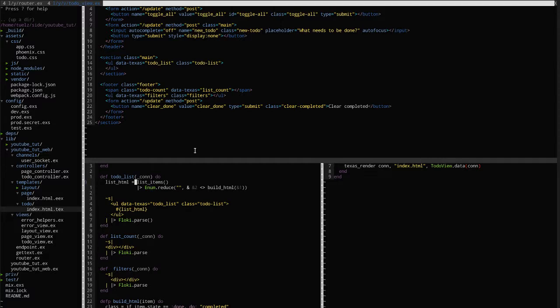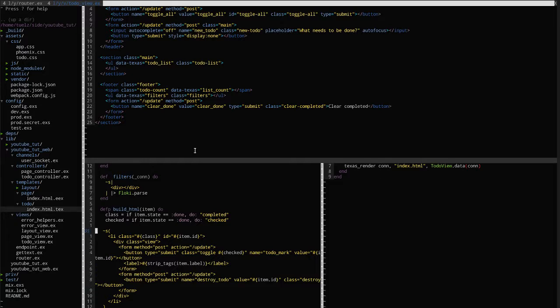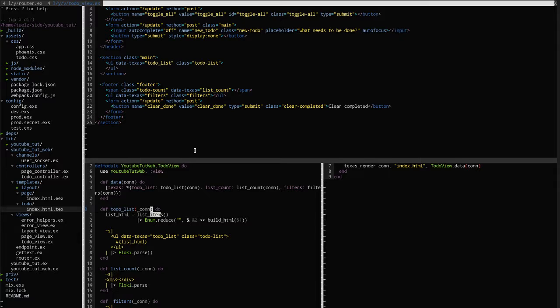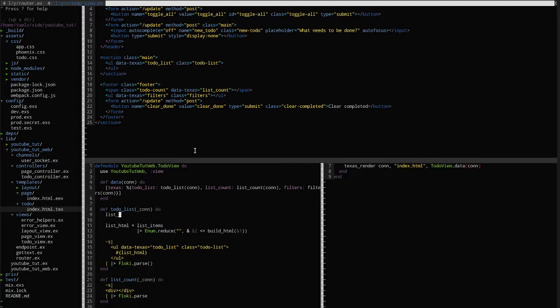So this is kind of where we need to pull from state somewhere. List items. Let's see, what does list items actually expect? Item. Let's see what property. So item apparently has an ID. It has a state, and it has a label. So for right now, let's just kind of mock up list items, right? Let's just call that list items equals, and it was a map